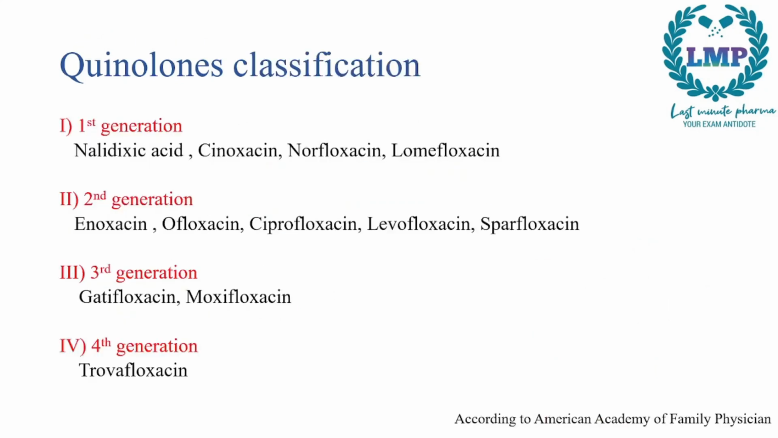Now in the classification of quinolones, the quinolones are classified into 4 generations according to the American Academy of Family Physicians. So we have first generation, second generation, third generation and fourth generation. Now these are based on the spectrum of activity of these quinolones. For example, the first generation of quinolones, the examples are nalidixic